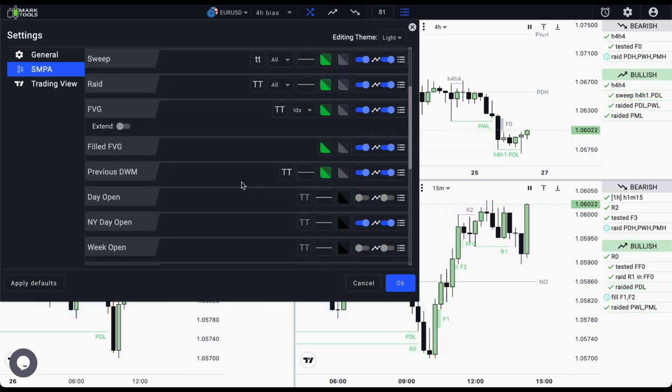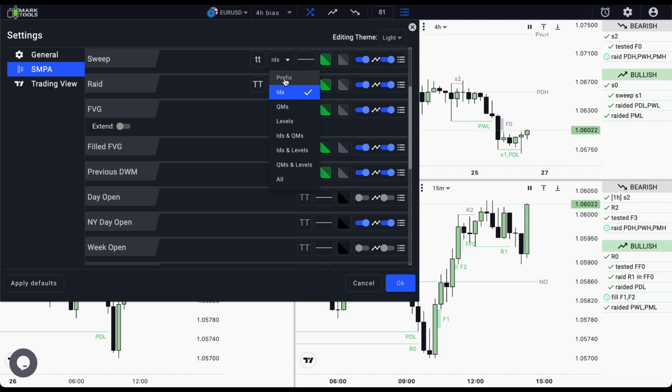Sweeps. Sweep is a formation when the wick of the candle grabs the old swings. Sweep has the prefix S in the labels. We might have a few sweeps on charts, and in order to recognize them, the system adds an ID to each prefix. In that case, you can match sweeps in the information box, alerts system, and charts.